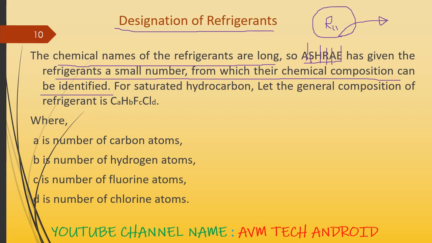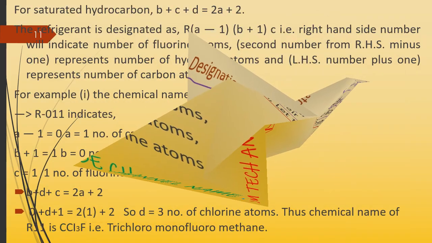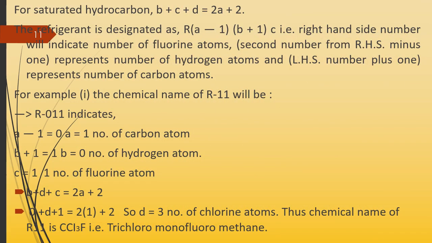So now we will start with that part. For a saturated hydrocarbon, let the general composition of the refrigerant be CaHbFcCld. So A is the number of carbon, B is the number of hydrogen, C is the number of fluorine and D is the number of chlorine. Now for the saturated hydrocarbon, we know that B plus C plus D equals 2A plus 2,